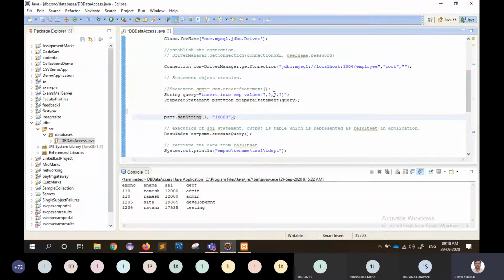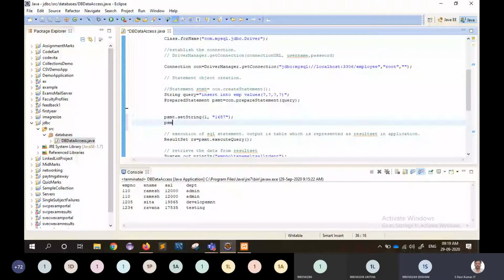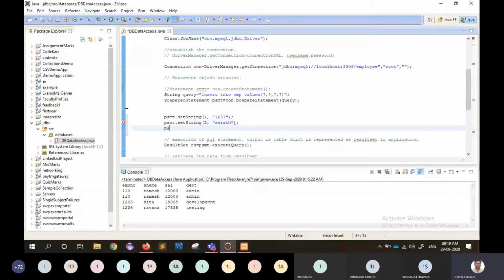So first question mark, what is the value we have to pass? Employee number. Okay, employee number, and again psmt dot setString of second question mark. What is the second column? Employee name. Okay, and again psmt dot setString of third question mark.